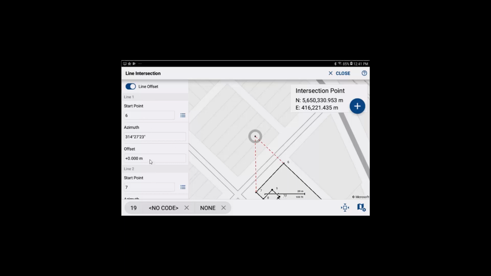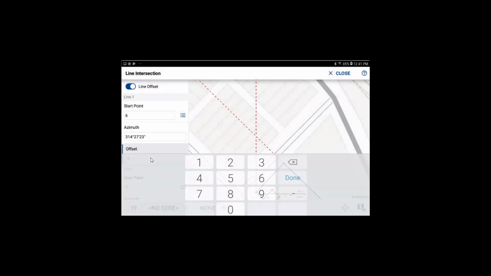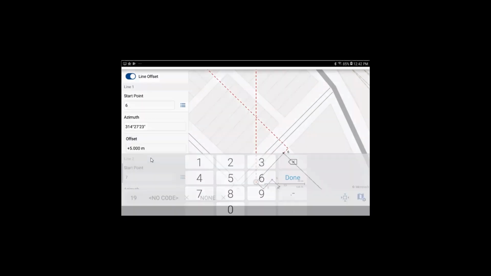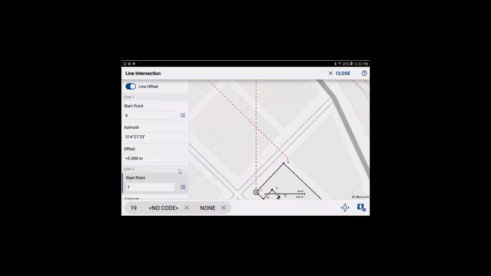From point 6, I'm going to add an offset of 5 meters. As you can see, this shows plus 5 meters. So along the line, it is 5 meters to the right of the line. And from point 7, I'm going to add an offset of